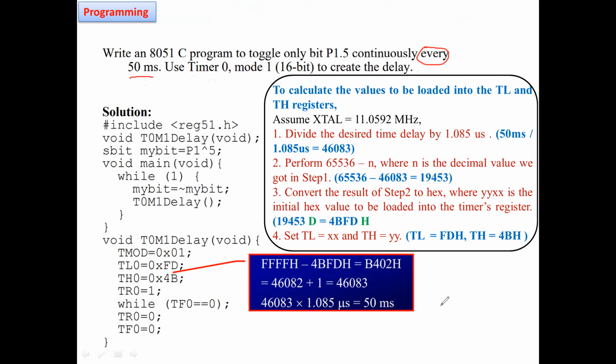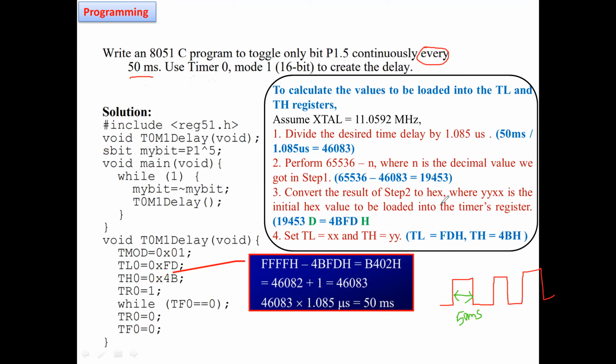So they have given the toggling period: the delay period is 50 milliseconds.